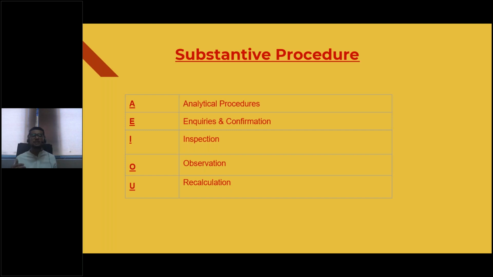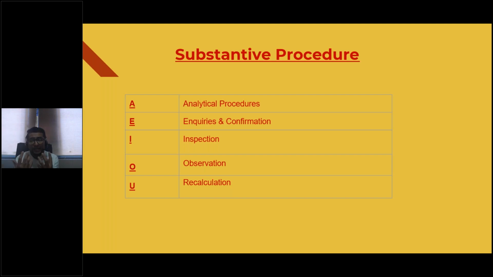These comparisons are extremely important because these comparisons, also known as analytical procedure, will highlight unusual fluctuations. Analytical procedures will highlight unusual relationships between the data. For example, the sales have gone up, but the administration costs have gone down. This is an analytical procedure. You are comparing two things, and this analytical procedure is not revealing an actual material misstatement, but the sales have gone up, but the cost of sales or the administration costs have gone down.